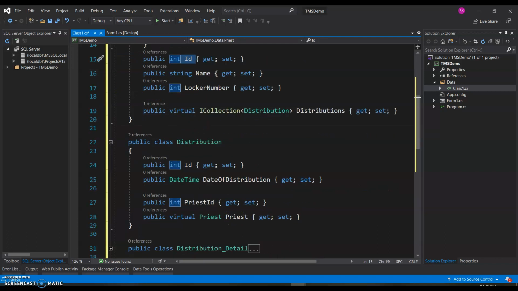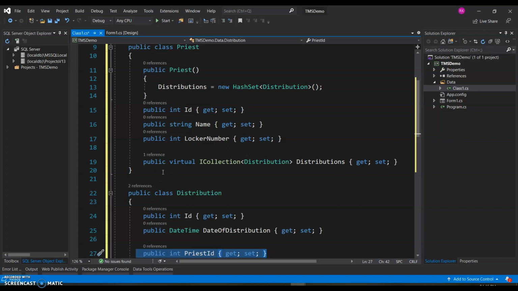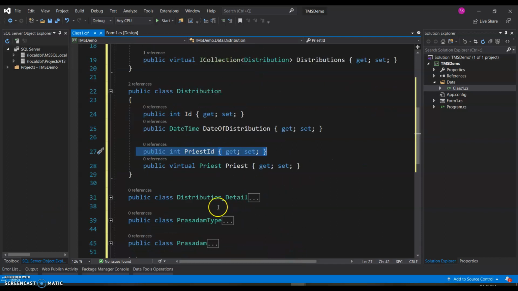So this is all happening by convention because of the way you have chosen to pick up these names, priest and ID. So instead of it going and creating a priest ID column or priest underscore ID column by itself, it just uses our convention and still has the same effect. So technically it still has the same effect. Then why did we do this?